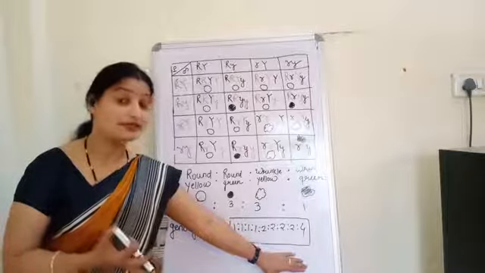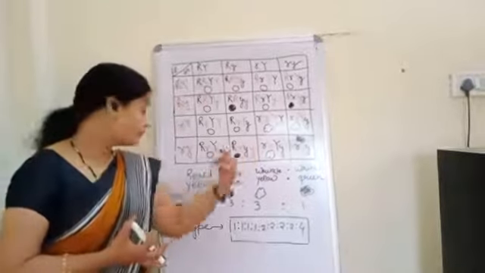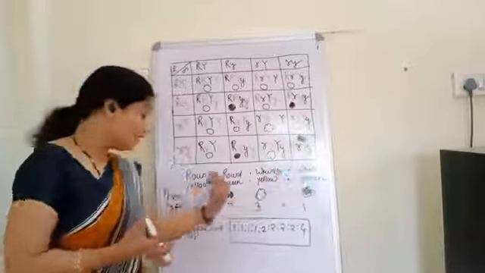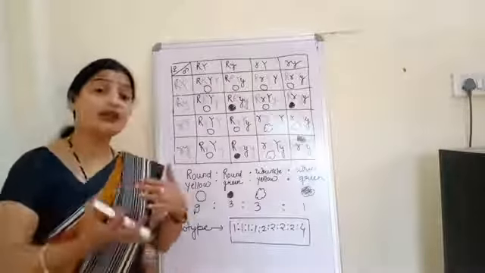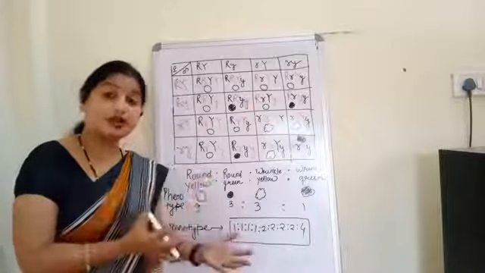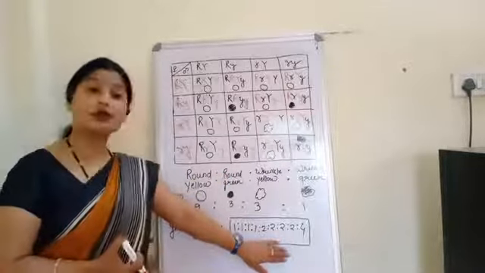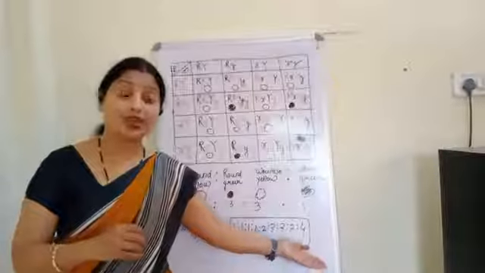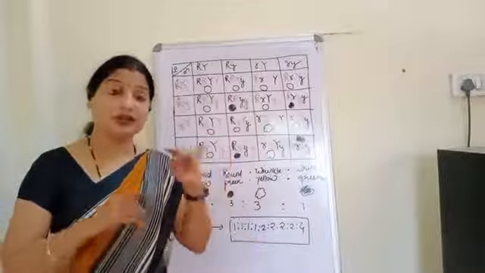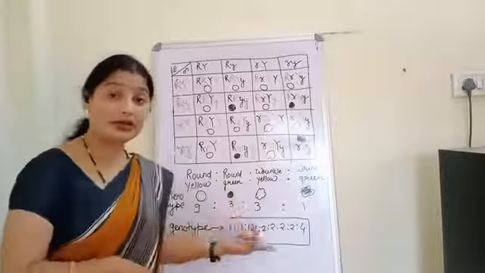How they have represented themselves independently? See, we saw the round, then we saw the wrinkle seeds also. If we saw the yellow, then we saw the green also. So each and every one, they have expressed themselves, whether they were the dominant or they were the recessive. Clear? So this is now called as the law of independent assortment. Now children, we have seen these 3 laws of the Mendel. That was Mendel's law of dominance, law of segregation and law of independent assortment.